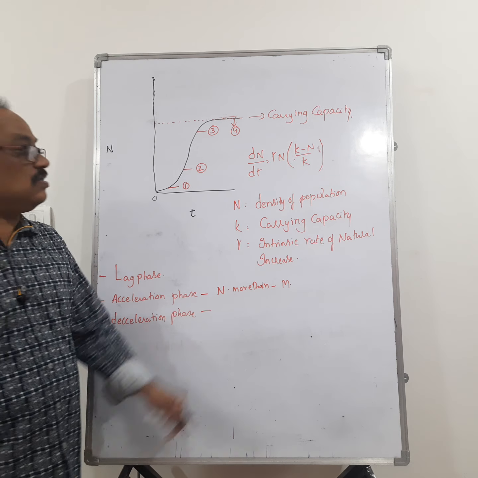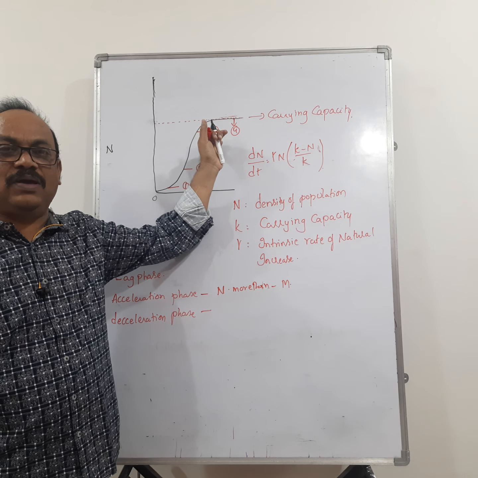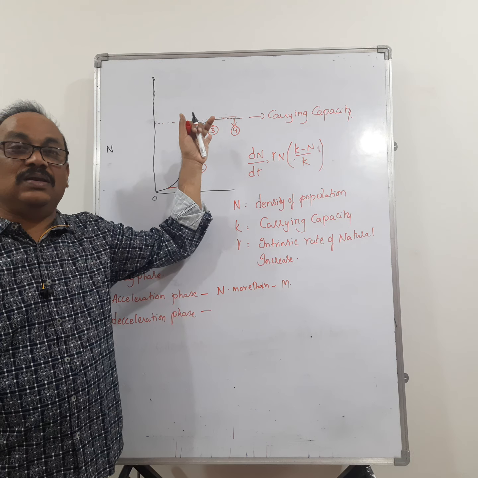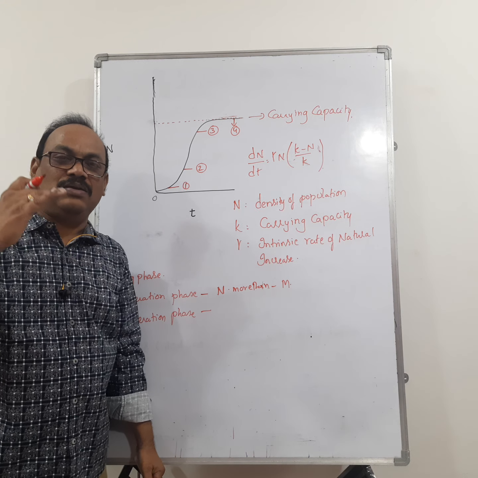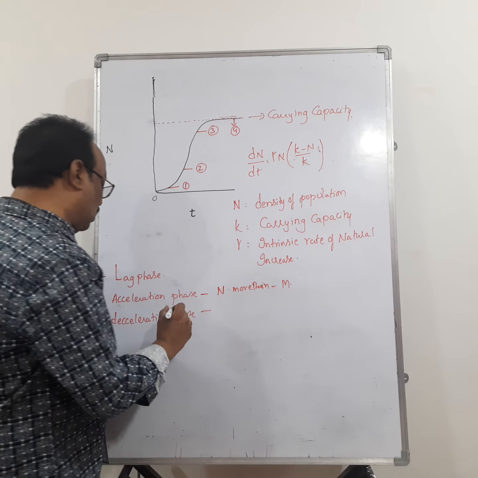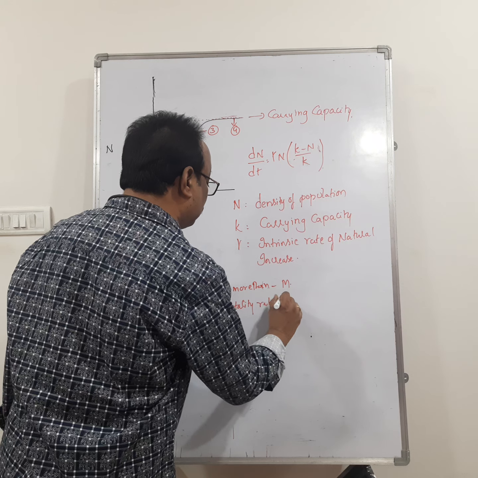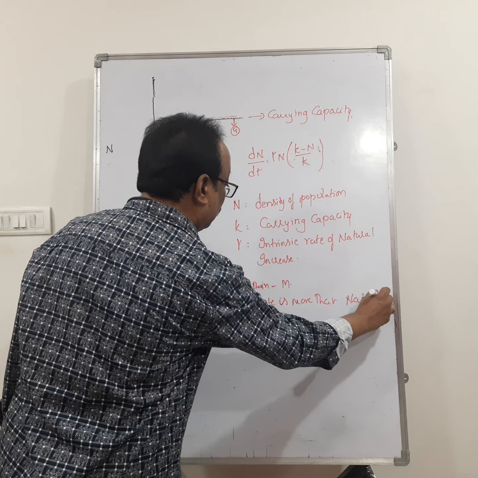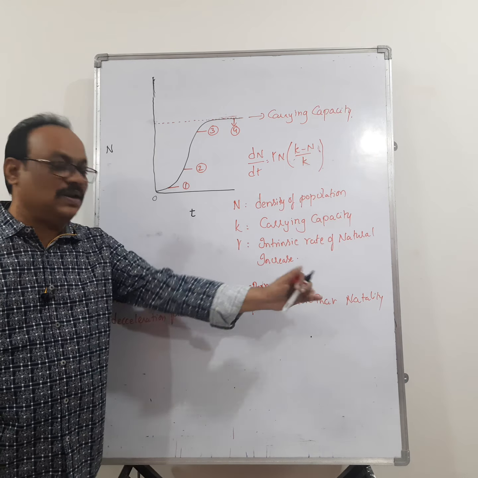Then after that, a deceleration phase. What is deceleration phase? In deceleration phase, here it is a slow population growth. Here the population is becoming slow. It is not increasing enormously. Why? Because the resources are limited. So due to limited resources, the population has been reducing. So what is happening here? In deceleration phase, the mortality rate is high. So in deceleration phase, the mortality rate is more than the natality rate.